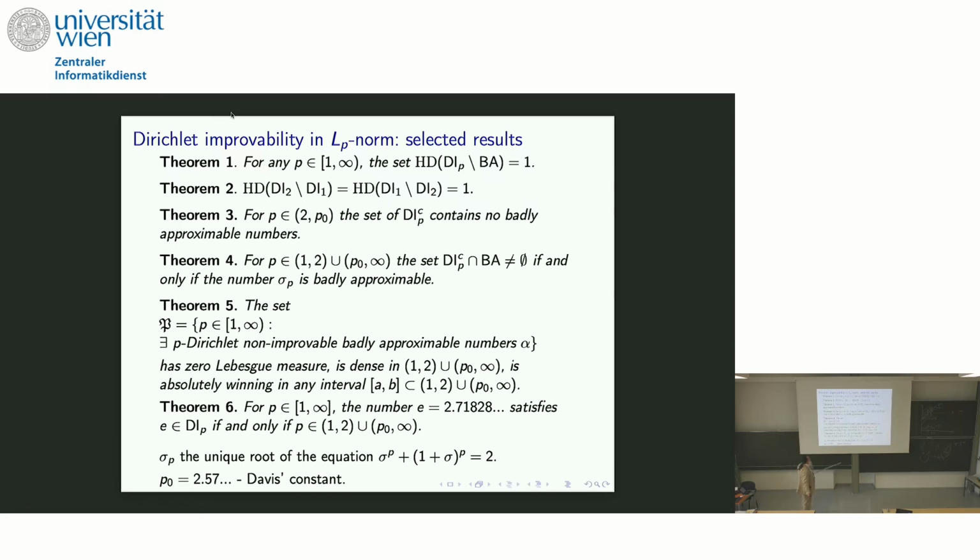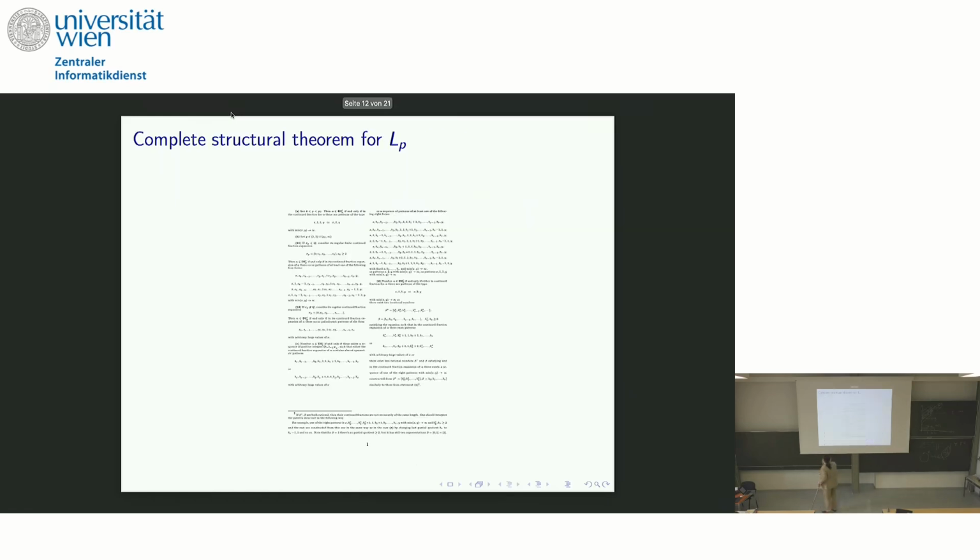There are two magic numbers, P0, which is the Davis constant, I will explain what it is later, and sigma P. Sigma P is a solution of such an equation. It is an easy constant. The existence of badly approximable numbers which are not Dirichlet improvable for this interval is related to the property of just one number, just the behavior of the continued fraction for the root of this equation. Well, I'm continuing, so I'm sorry. This is a complete structural theorem,